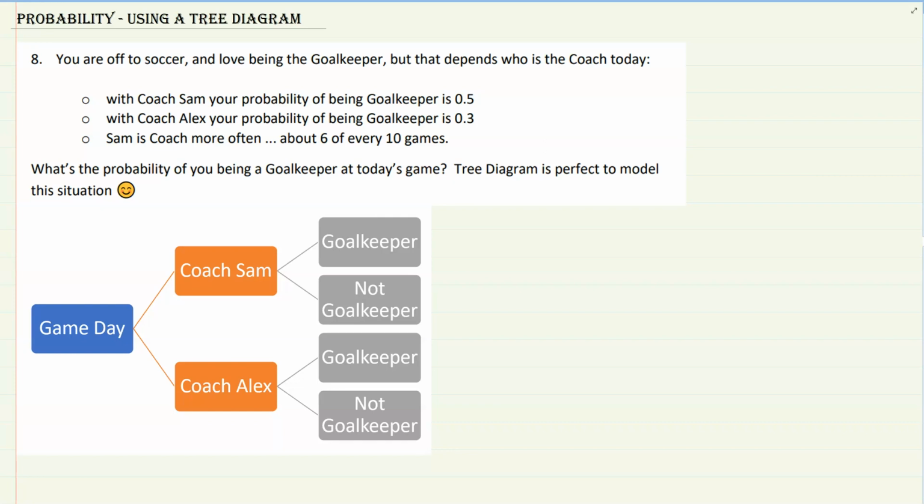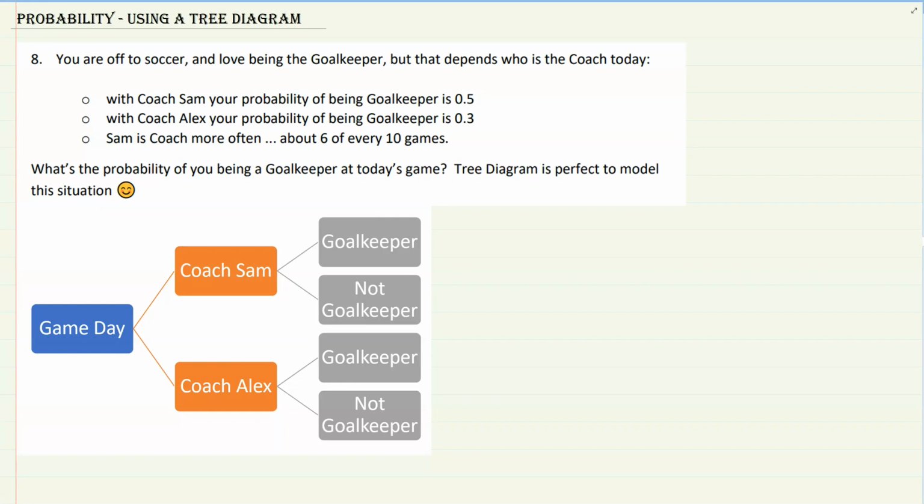In this video, I'll show you how to use a tree diagram to figure out probability. Okay, so you're off to play a soccer game and you love being a goalkeeper, but it depends on who's coaching for the day. Okay, so here we are. We're going to show up to game day, and it is either going to be Coach Sam coaching